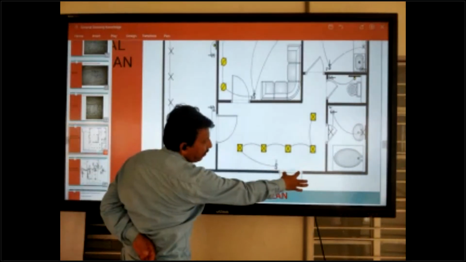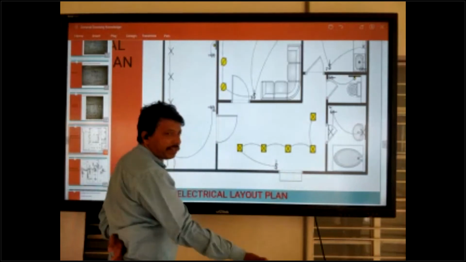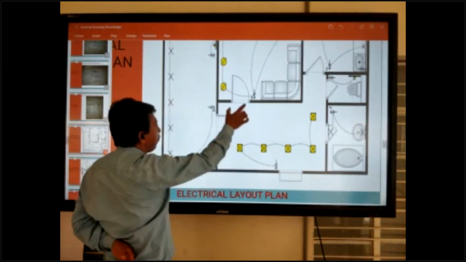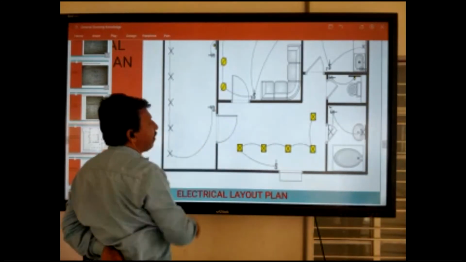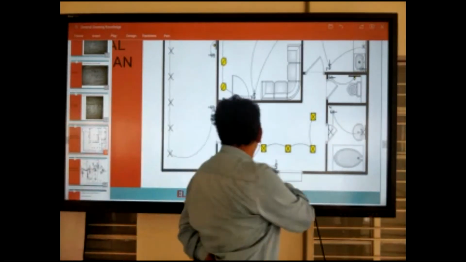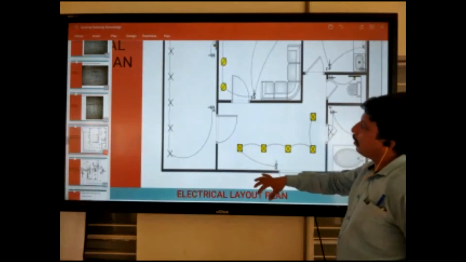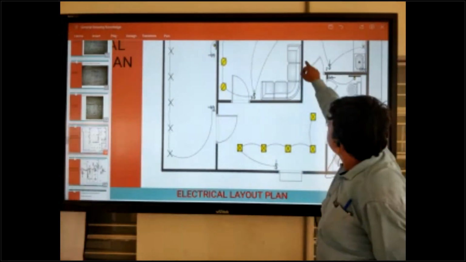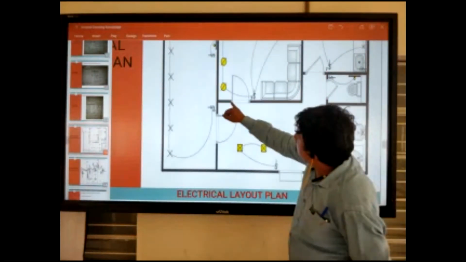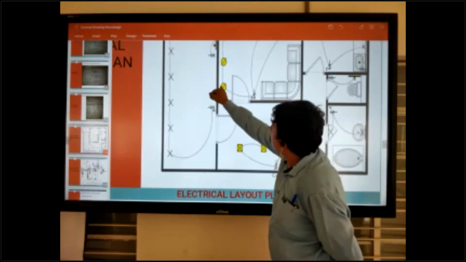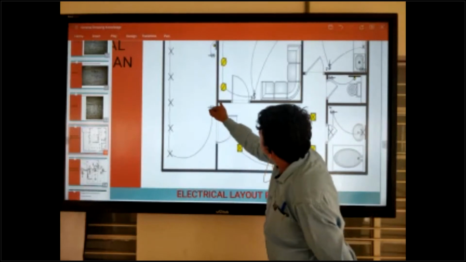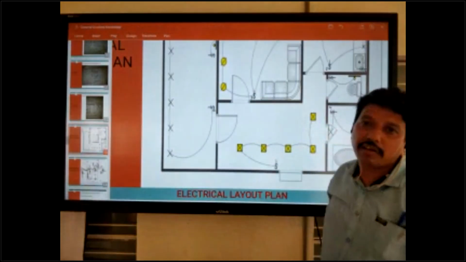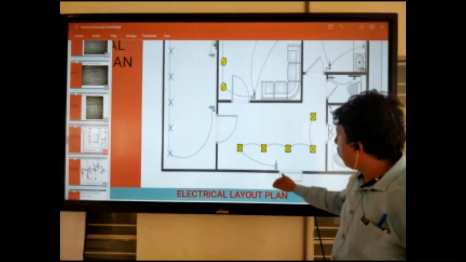So this is your main entrance room inside, main entrance door, main door. And this is branch going to room inside. You can check the layout drawing is this one. So these all are your walls. This is the wall. You can measurement wall to how many center is center of this light. Another, this wall to how many center of the light. All are measurement and fixed there, as per measurement.